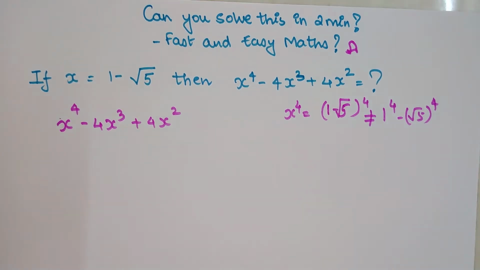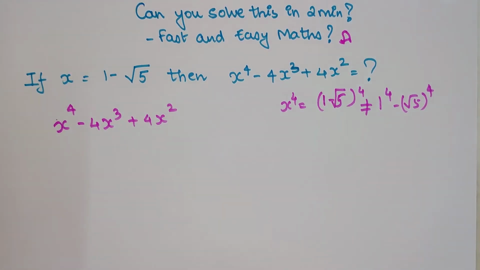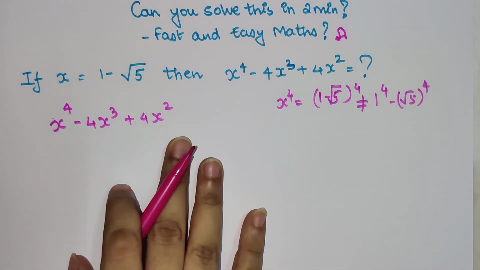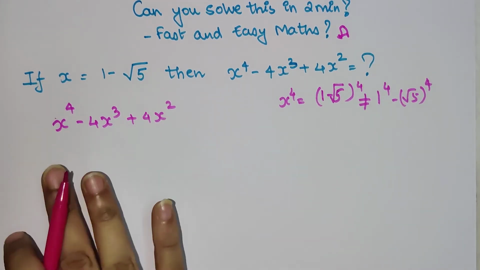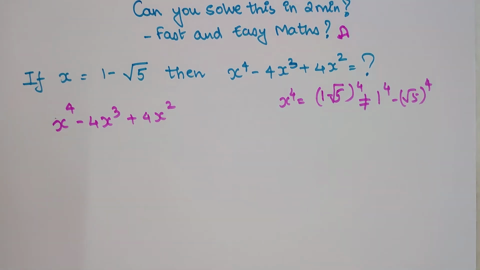So whenever you come across something like this, do not just jump to whatever is given. Think and then start doing. Like I always say, whenever it is possible, try to simplify your questions. Who knows, while simplifying you may get your answer. So here, what can the simplification be? I can't take the 4 out because I do not have a 4 as a coefficient nor a multiple of 4.